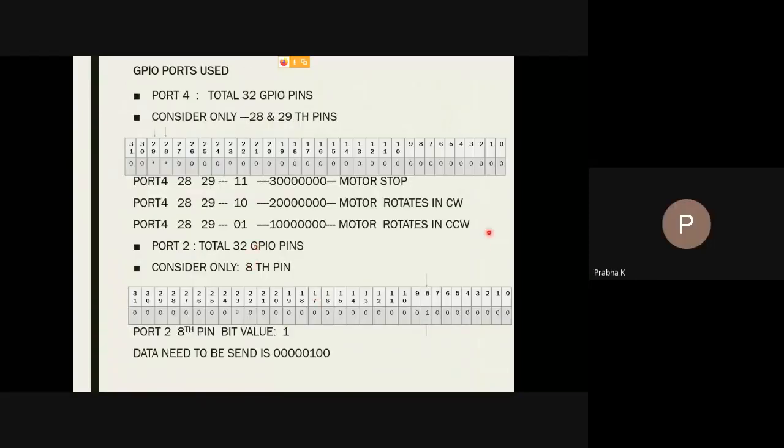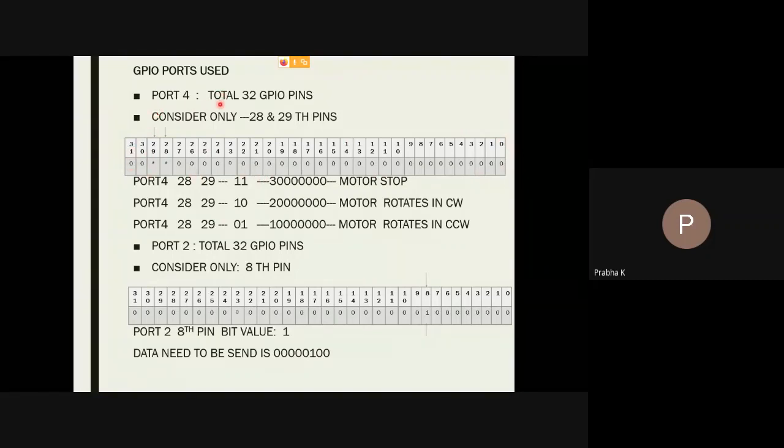Yeah, please concentrate. Here I'm explaining about port 4 and port 2, the GPIO ports of LPC 1768 that have been used in this program for interfacing the DC motor with the LPC 1768. So we are using only 2 ports, port 4 and port 2. First, I'll explain port 4. These GPIO ports are 32-bit wide, which means they consist of 32 GPIO pins in total.